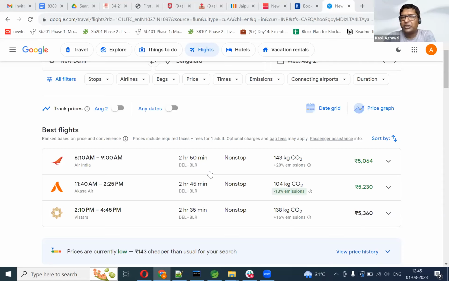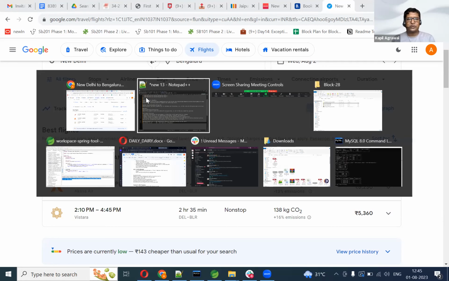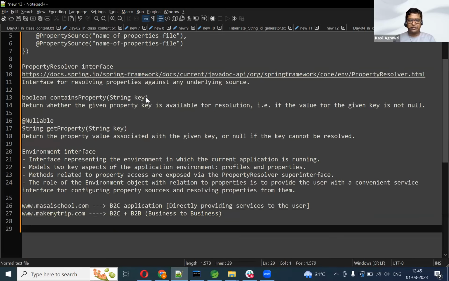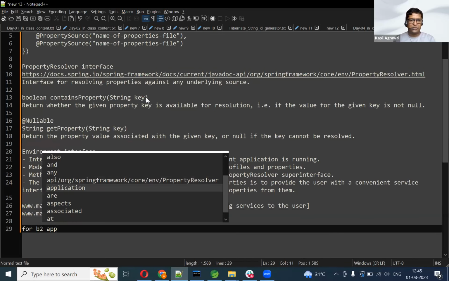When we are talking about communication between website to consumer, we are expecting that the response should be HTML, CSS, and JavaScript. Why should the response be HTML, CSS, and JavaScript? Because we are clear that this time the recipient is human. Yes or no? For a B2C application, the response will be available in the form of, so it will be good to write down for B2C